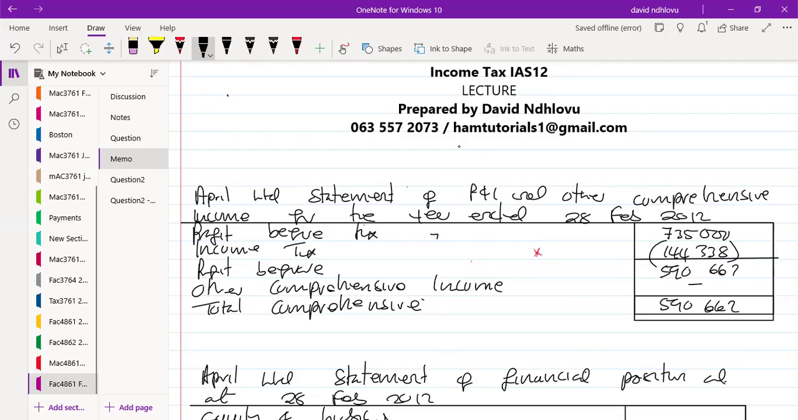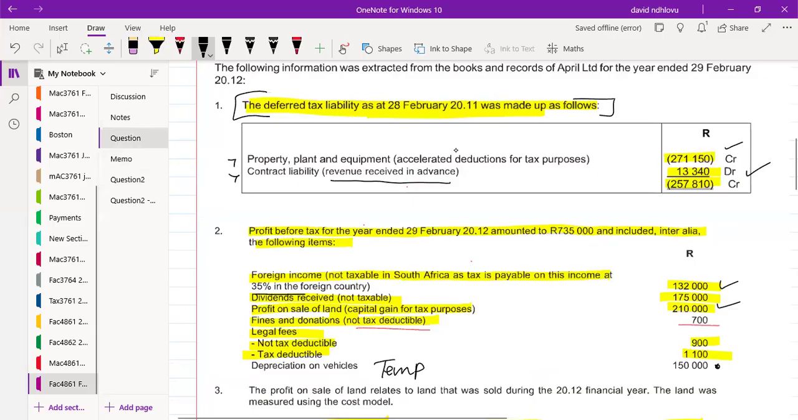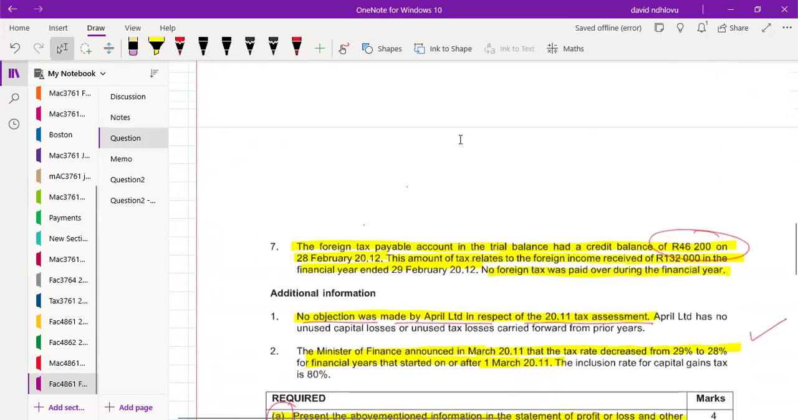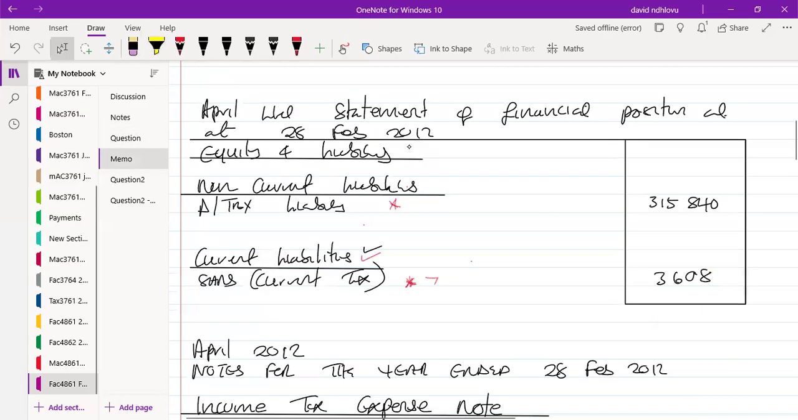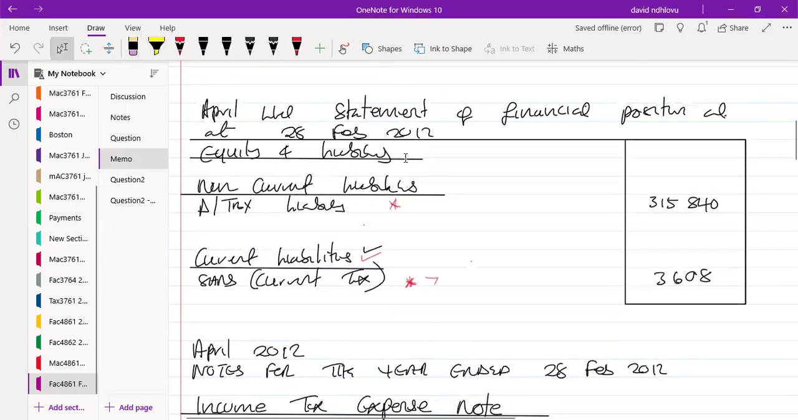Right, so we'll be done with our presentation, but I may need to revisit one calculation here. Have we paid the foreign tax? The current tax, we haven't paid it. Right, let's go to the foreign tax they're explaining here. No foreign tax was paid over during the year. So therefore, we also owe the foreign tax amount. We haven't paid it. So therefore here, we should take this amount,